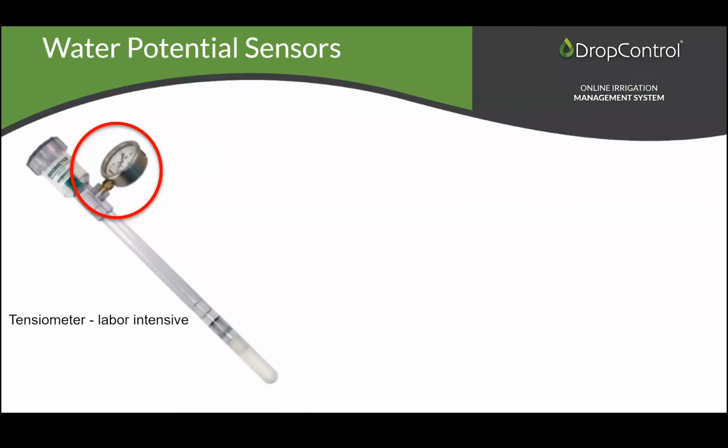And the main pro of tensiometers is that they work on the same scale for any soil type. So if you're working on that 10 to 100 centibar scale, regardless of your soil type, that's always going to be your scale. So it's pretty straightforward to understand the reading. How we connect to these tensiometers: that pressure gauge is basically transformed into a pressure transducer that will give us the pressure continuously into the node or RTU,